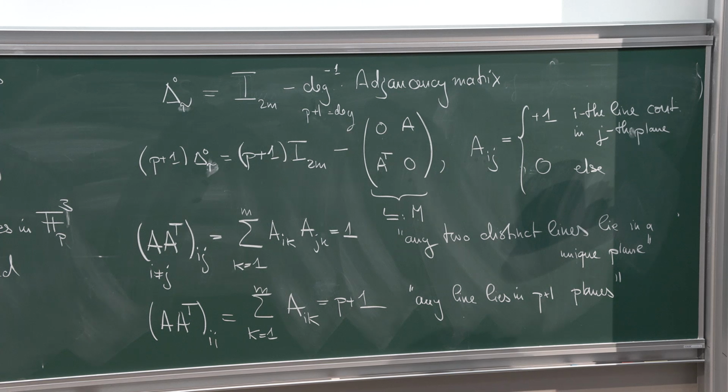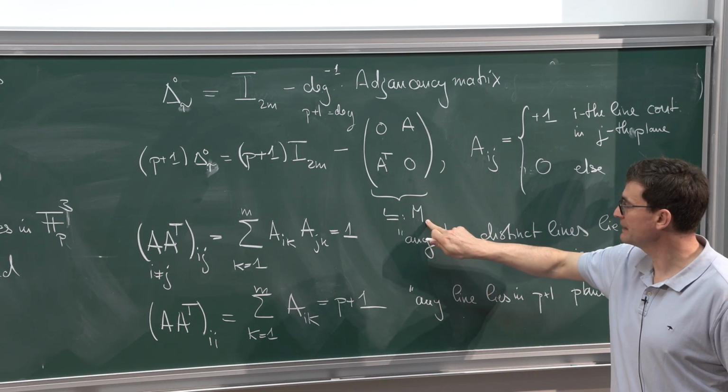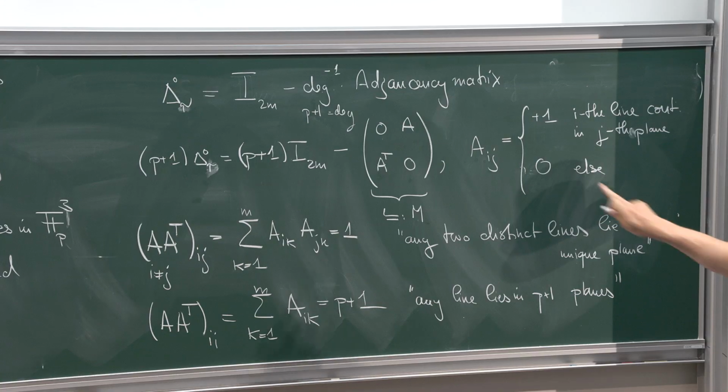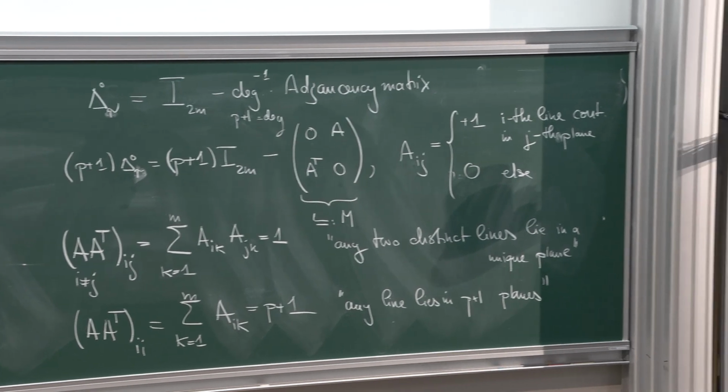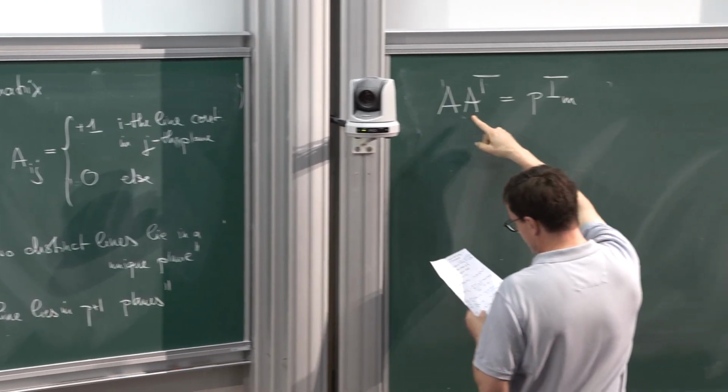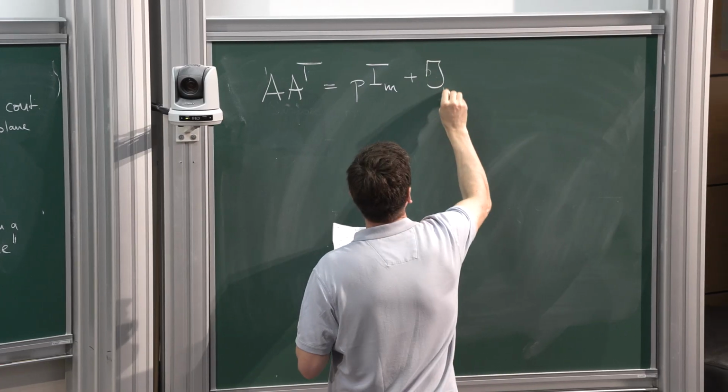So these two relations, let me summarize them by saying what this matrix is. So remember, M is a 2m by 2m matrix. A is an m by m matrix, where m was this constant there, p squared plus p plus 1. And now these two relations collect to the following relations,